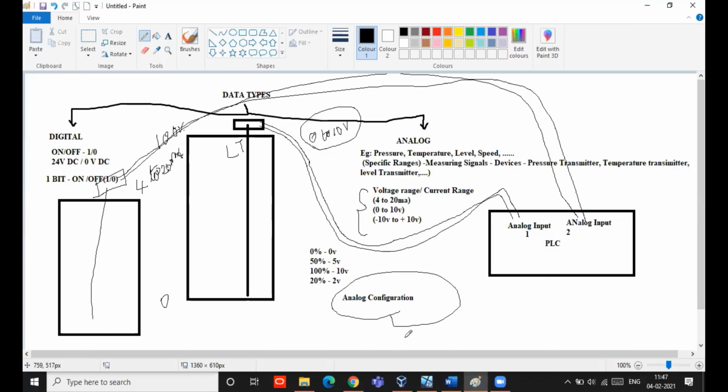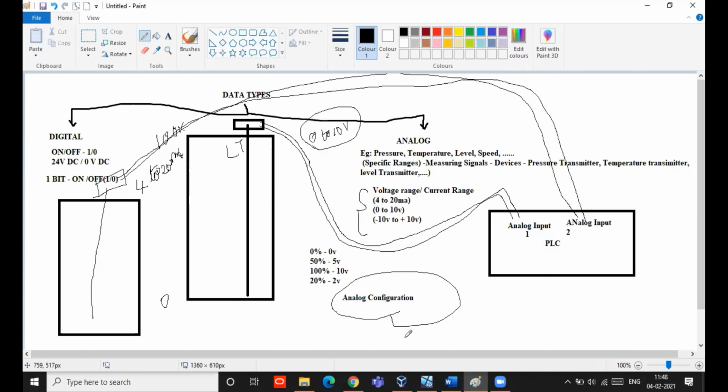There are some settings in the PLC, and in those settings I have to do some configuration. If I give 0 to 10 volt, there is some configuration. If I give 4 to 20 milliamps, there is some configuration. Only after configuring the PLC's analog terminal can we give this particular range of inputs.